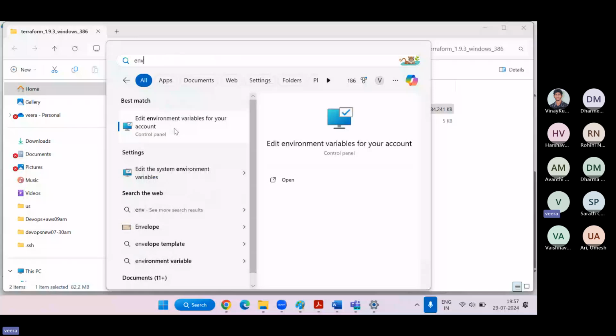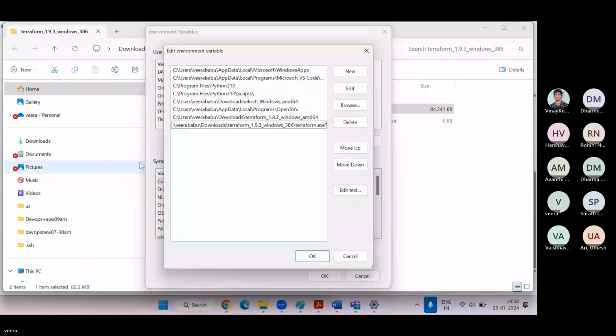So here we have to select path, click on new, click on edit, and add new. Give your path here. That's it. So you have to give till here. It's fine. If you can give, just click OK.